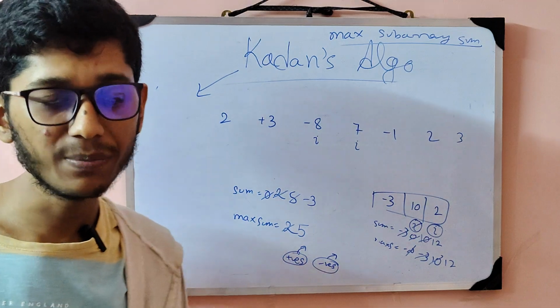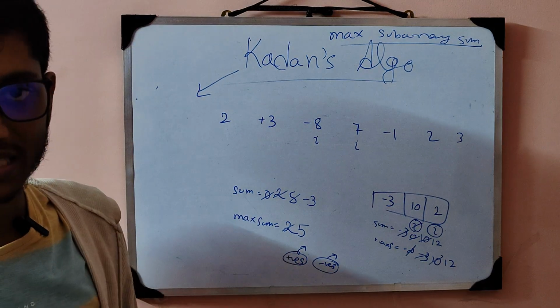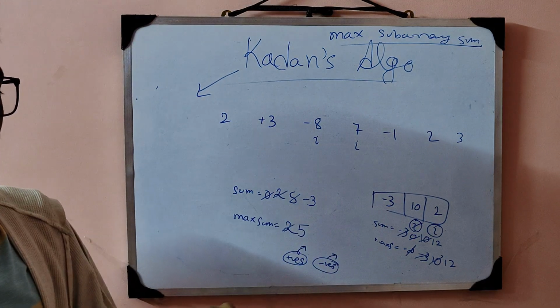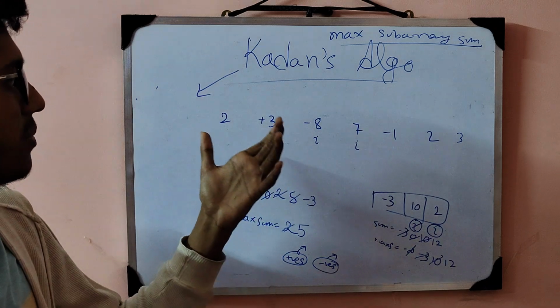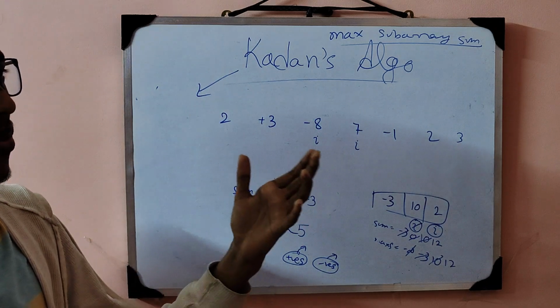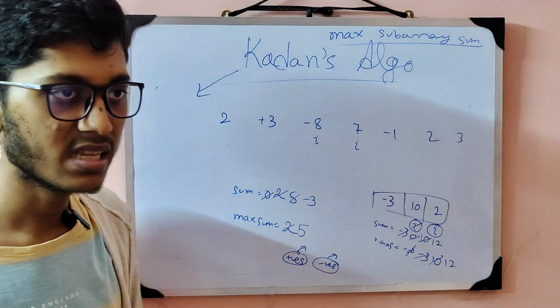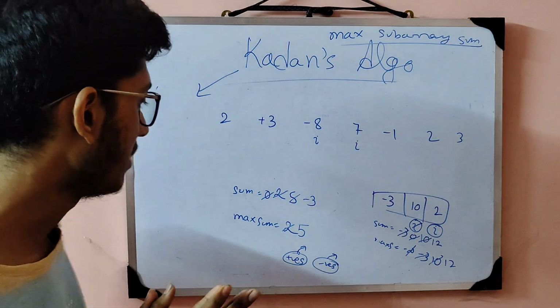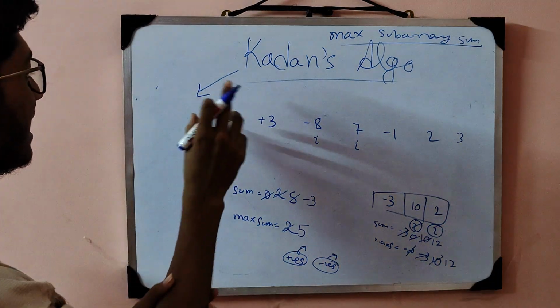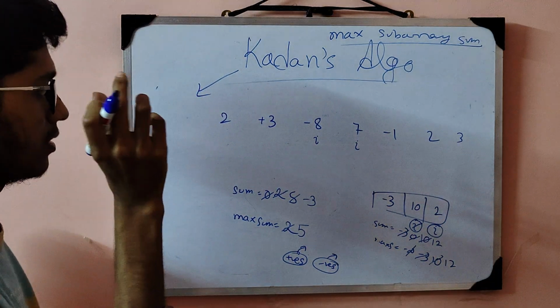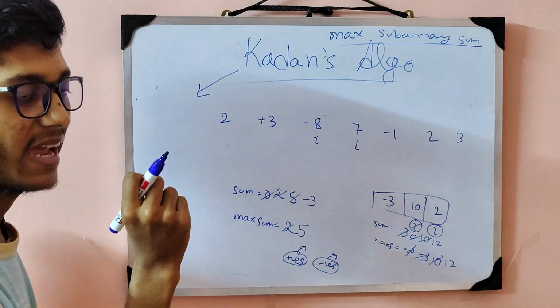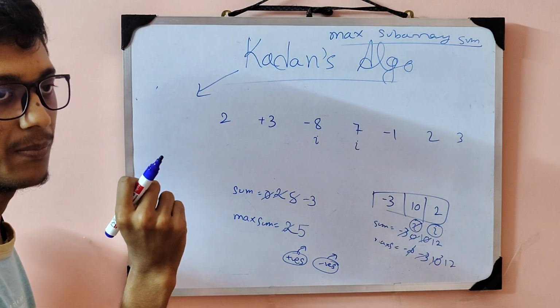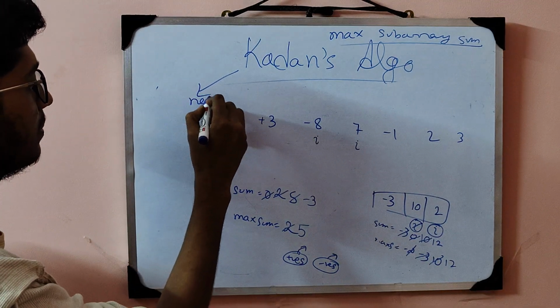Why? Because human beings can remember stories, but can't remember numbers, algorithms or processes. So here you can understand that Kadane is a very good human being, and he has a very good network of people,